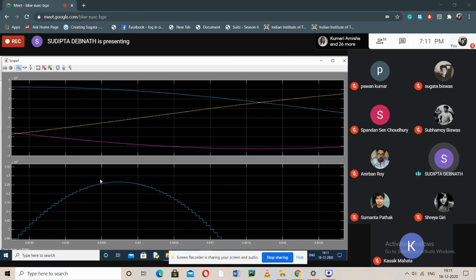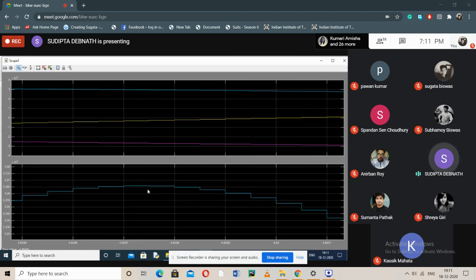It is just greater than 325, or it is almost 326.6. Not almost, it is exactly 326.6, isn't it? Exactly the same as that of the sending end voltage. Okay. So the one curve I have shown you in the class, while drawing the curve of receiving end voltage and sending end voltage.